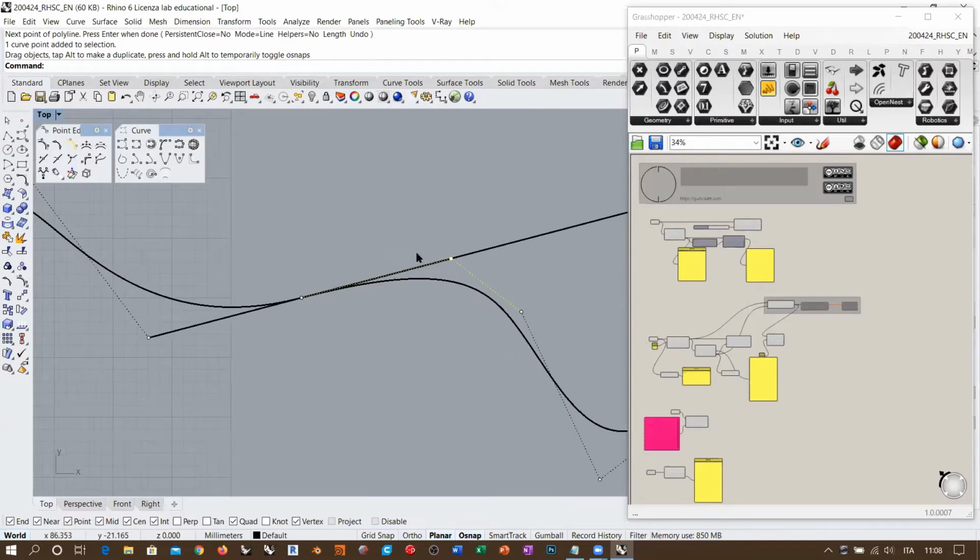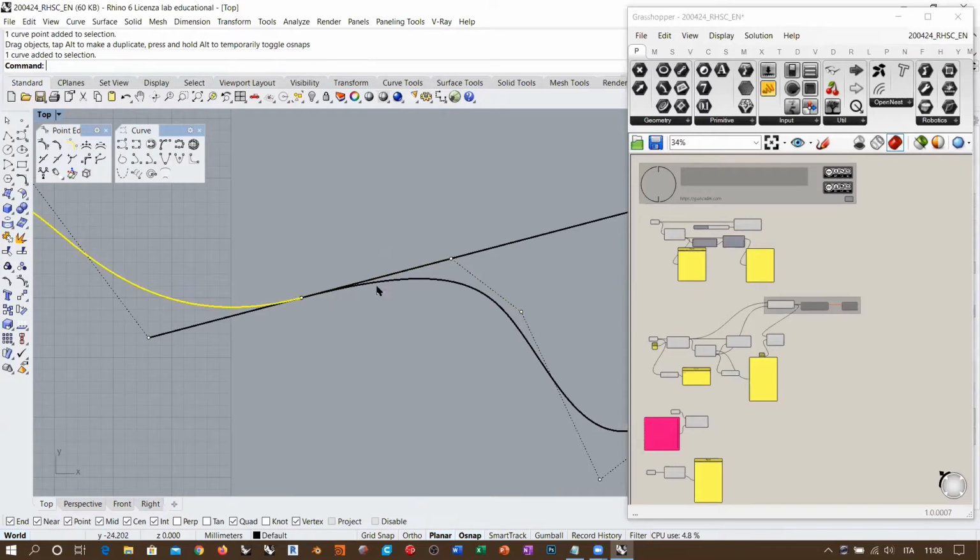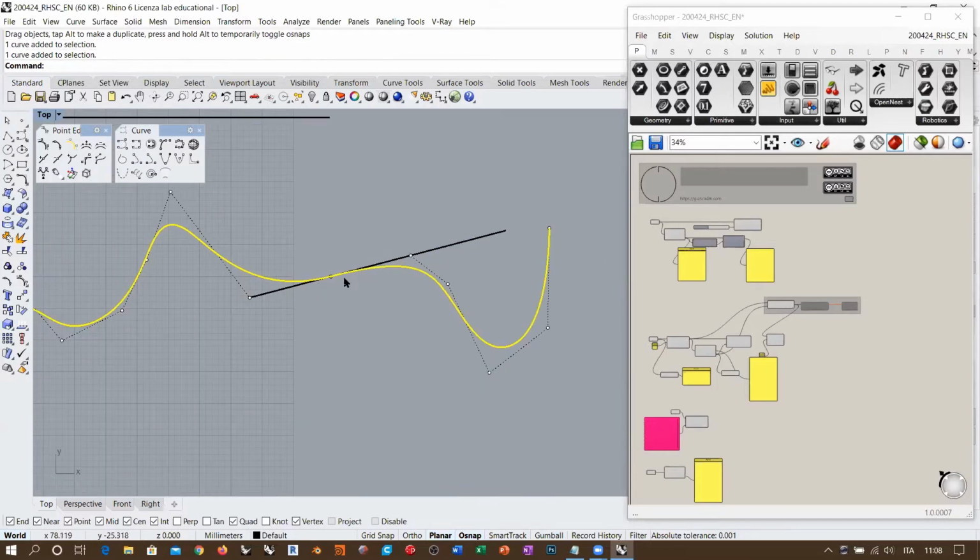So basically what I'm saying is that the end tangent of the first line is coincident with the start tangent of the second line. It means that the two curves have the same direction in the connection point, which is the first definition of, well, actually the second definition of continuity in one point. So you see that this first rule,